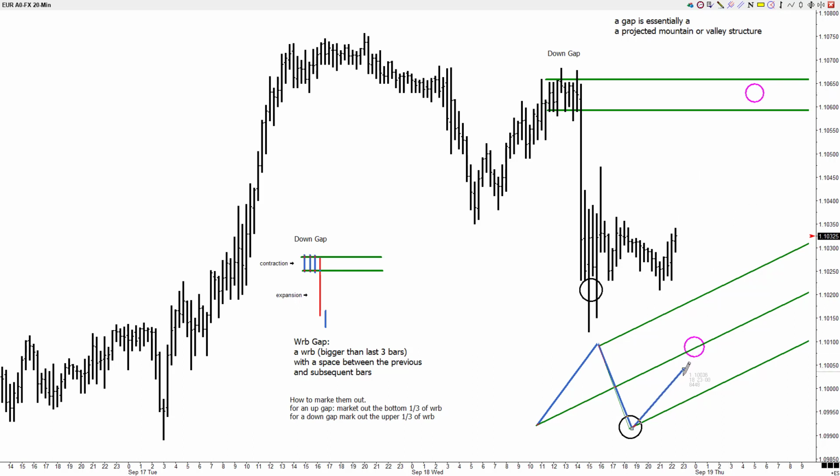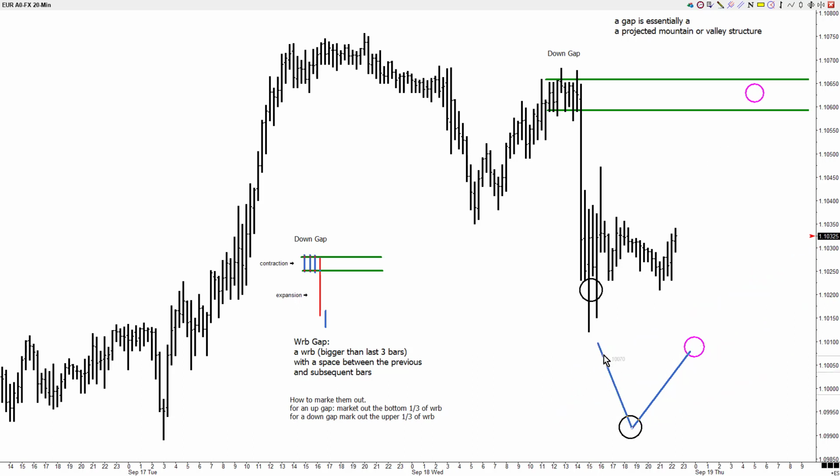Price can actually just keep going. But this is what a median line does, and this is what a gap does. A gap is projecting a valley structure. And from that, we can begin to think about ways to use it and not let it use us. We can also combine it